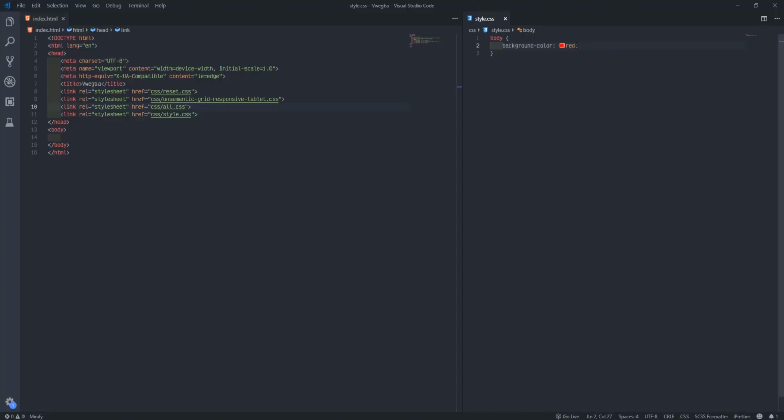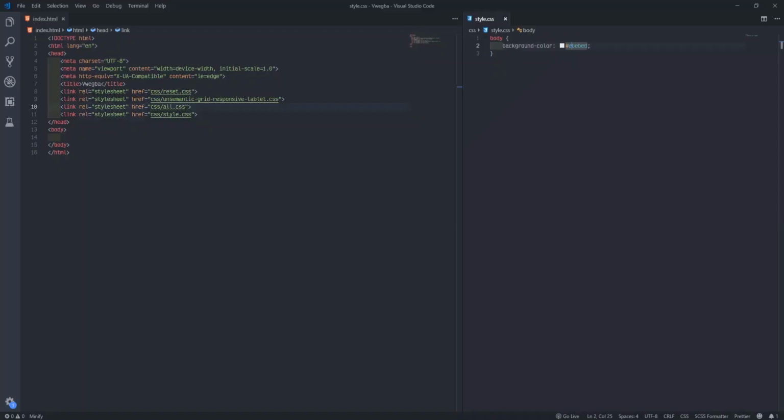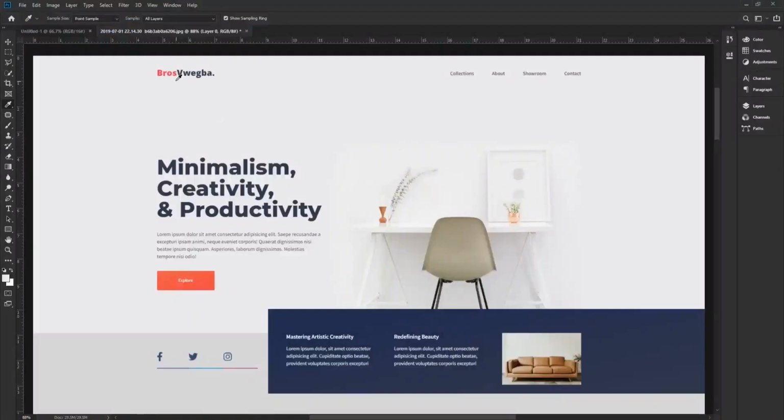So I'll come here, and instead of this red, I'll just say hash, then paste that value there. I'll go to my Firefox now, refresh, and you see it shows like this. If you see what they do here, this first part has a header tag. There is the header tag here. So what we'll do here is create the header, then we'll create how many grid columns we need.